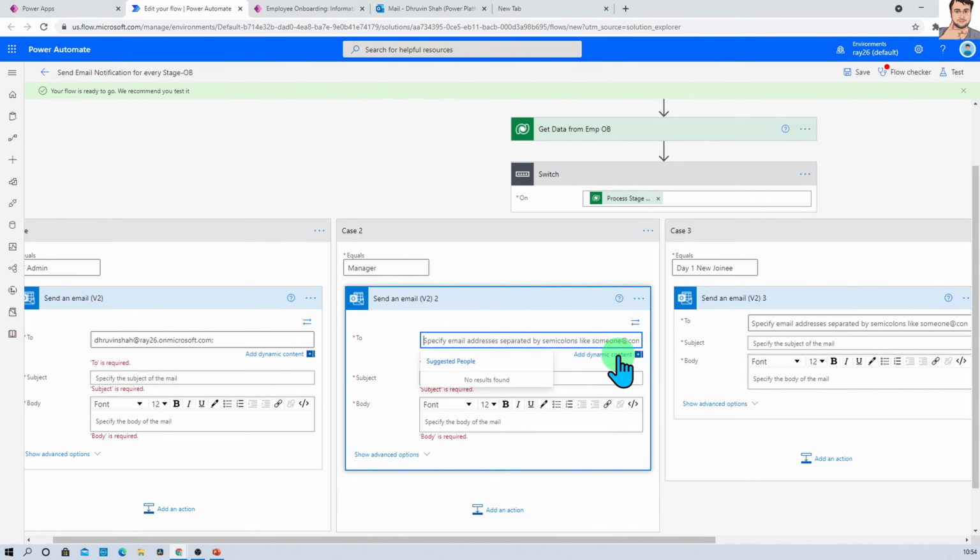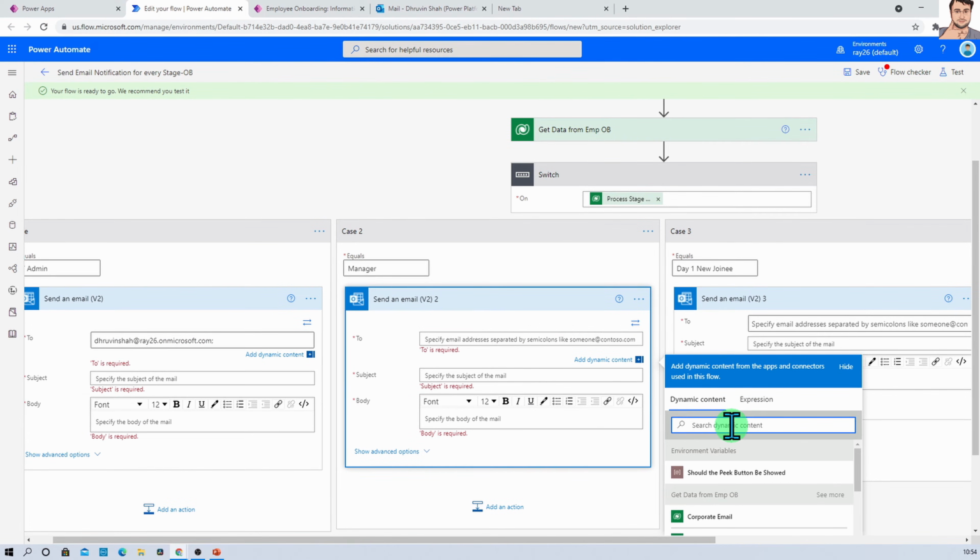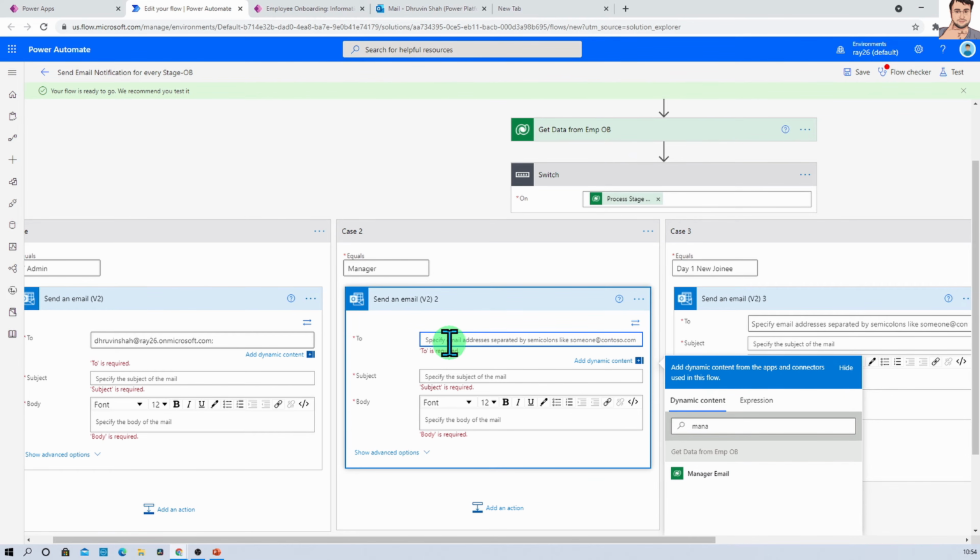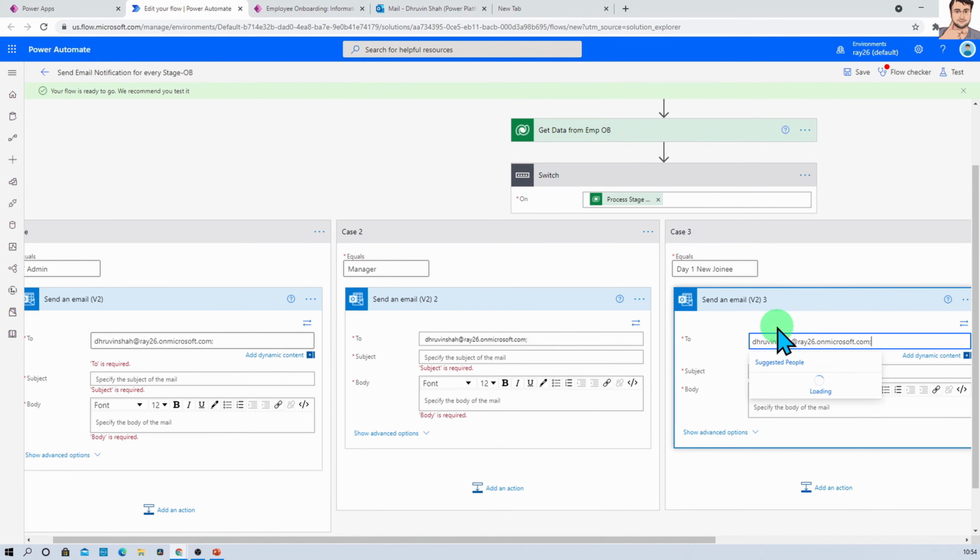So for that you can simply add manager email, right? And you are good to go. But here I do not have another account at this moment, so I am just passing a static email address everywhere, but based on your requirement you can choose anything.